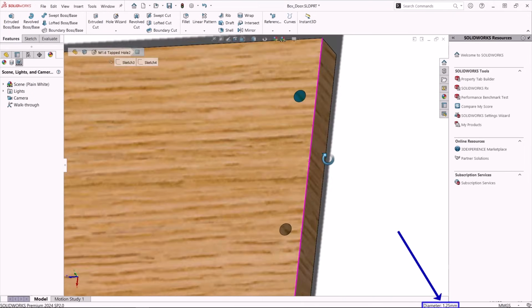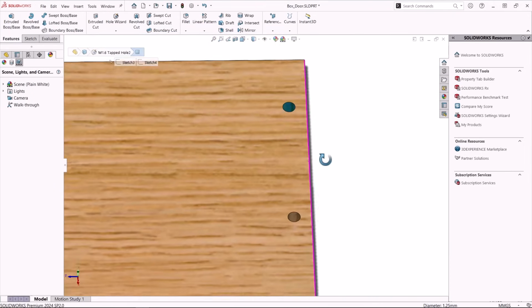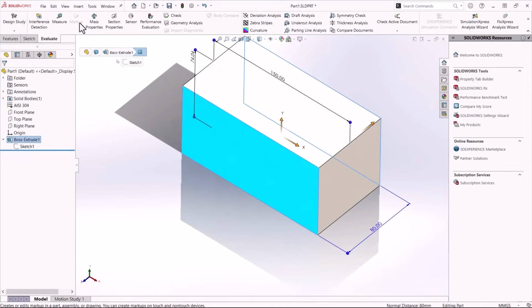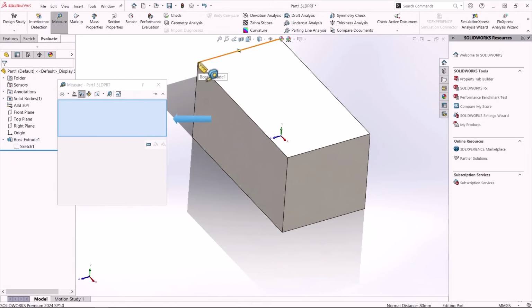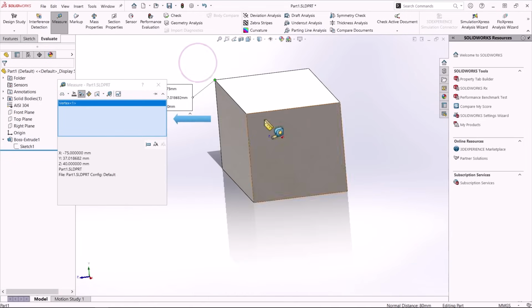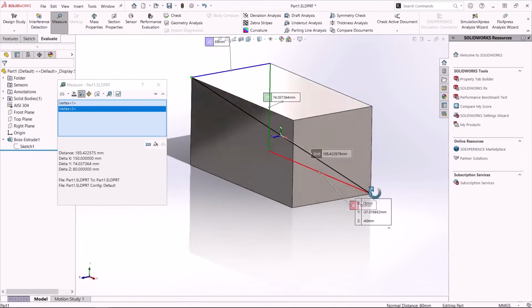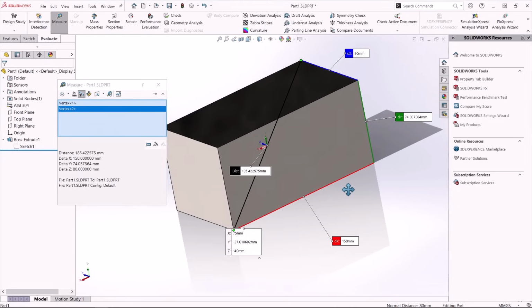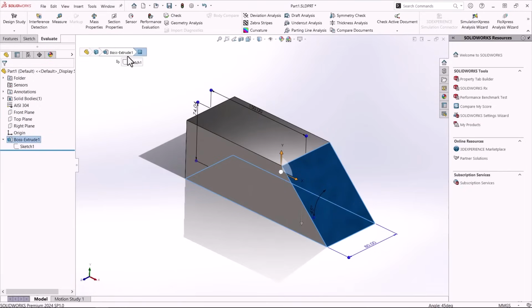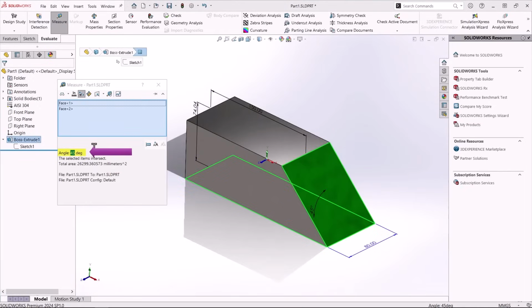Of course, there's a dedicated tool that makes these measurements even more accurate. This is the Measure tool in the Evaluate tab. It allows us to choose anything we want inside the blue box. There are lots of options here. I want you just to focus on the XYZ dimensions or the direct distance between the 2 points I've chosen. Again, choosing angles can be seen here.